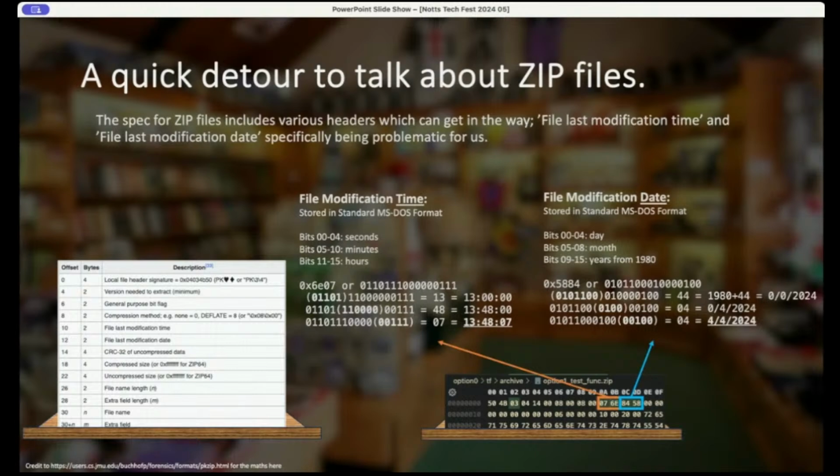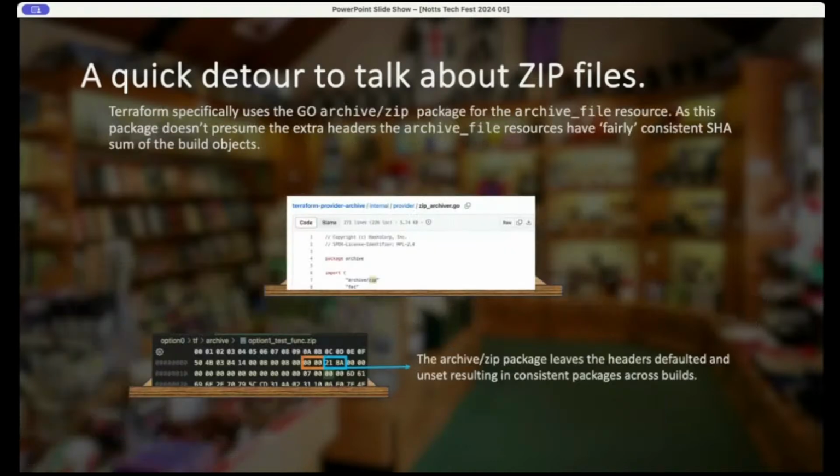But that means that if we create a zip file and we create a zip file a few seconds later, that zip file is a different zip file, even though the contents of it are identical. That's not helpful when we want to say only one of those has changed, because every time the zip file is changed. That's not correct. However, Terraform's zip thing uses the Go outbound zip library. Apparently, that just kind of ignores the whole thing and never specifies it, so you do mostly often get